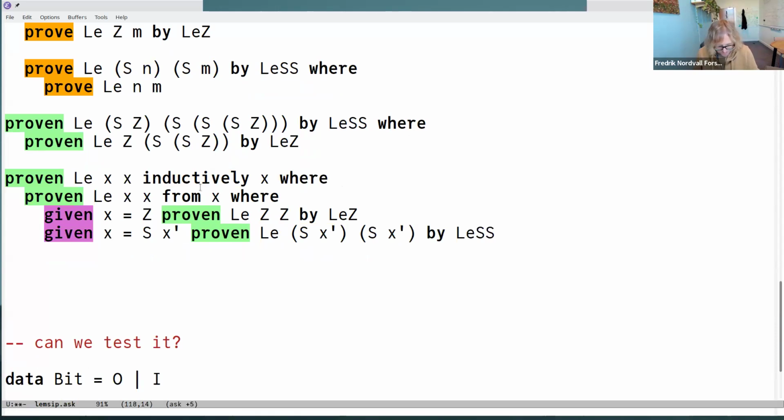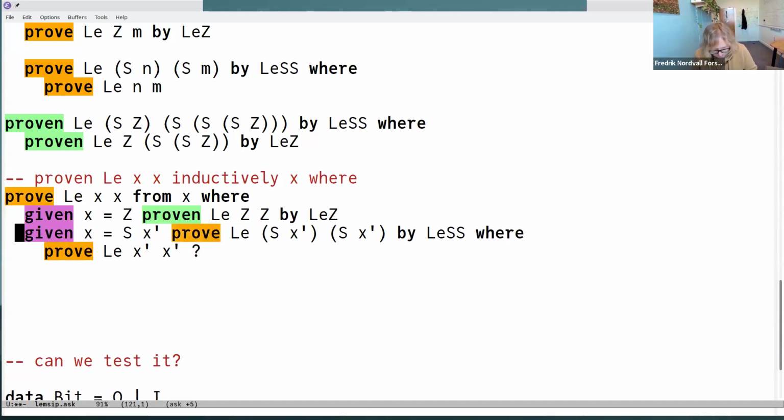If I didn't have this inductively x, then I think Ask would not be happy here. Should we make that experiment very quickly? Correct. Actually, yeah, just comment out line 1 and move line 2 to the left. Yes. So you see that here, now I still have this sub goal. So I use this rule, which says that I can deduce that the successor is less than a successor if I peel off both of the successors and continue underneath. So I'm left with this goal, and that's exactly what the induction hypothesis gives me, right? But I have to ask for it with inductively x.